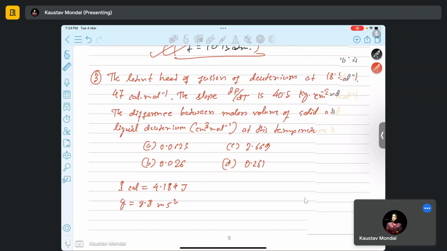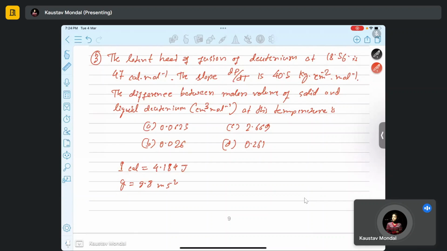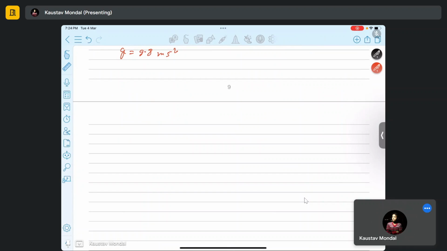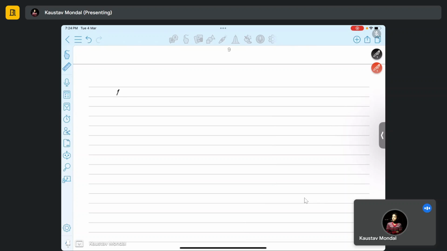For this problem, what is the thing that you have to use? You have to basically use the Clausius-Clapeyron equation in order to solve this problem. So what is the Clausius-Clapeyron equation? Let me just write. The Clausius-Clapeyron equation